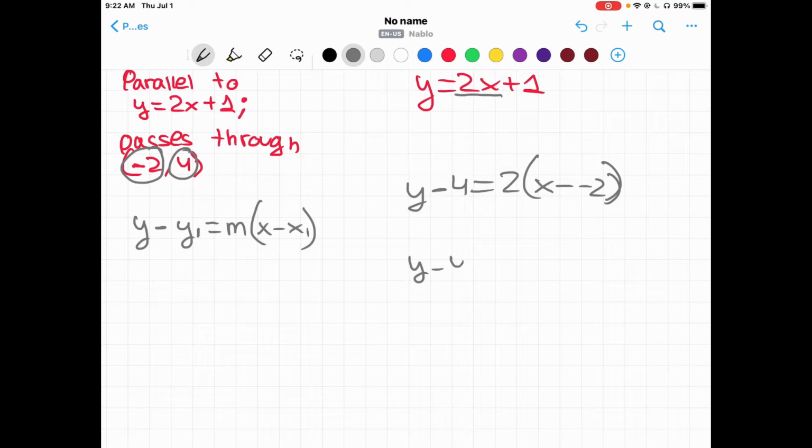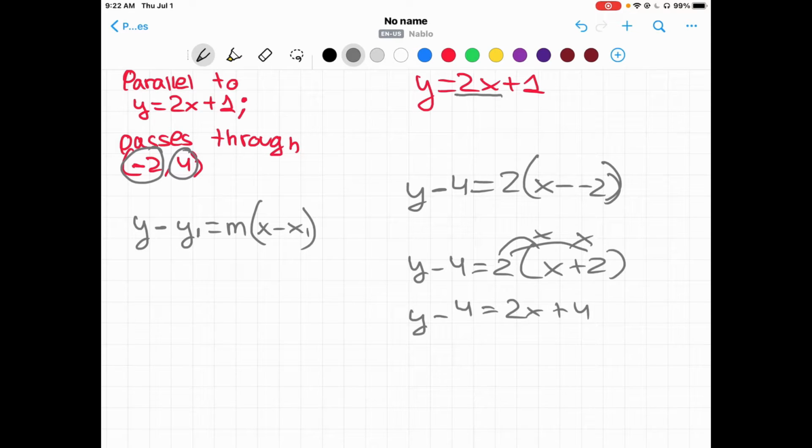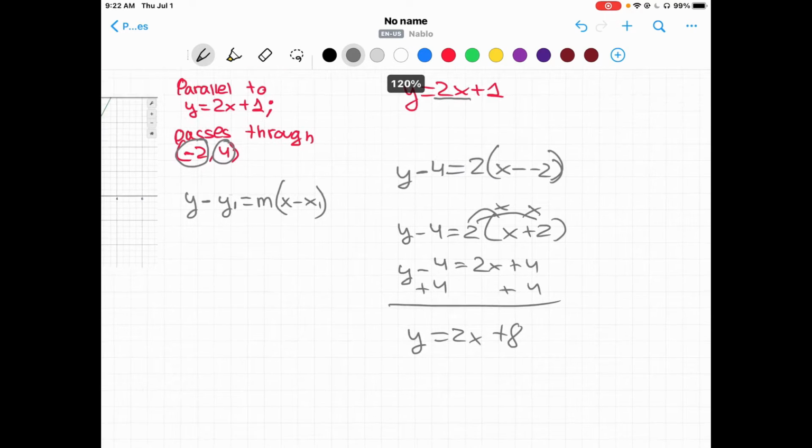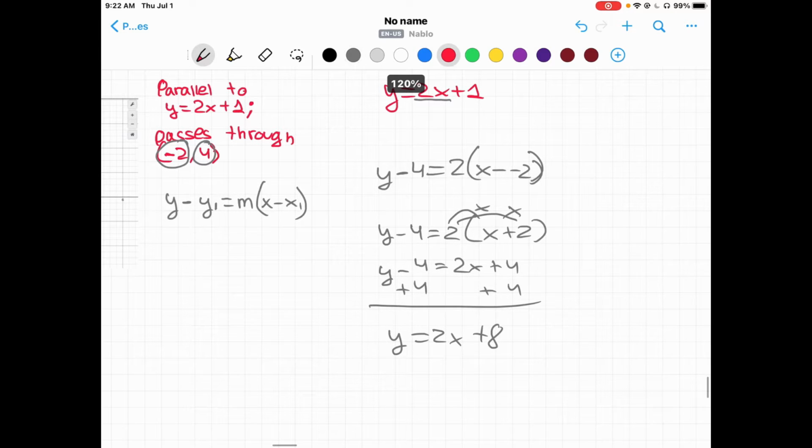So y minus 4 equals 2 times x plus 2, and then we distribute the 2. Y minus 4 equals 2x plus 4. We add 4 to both sides to isolate the y, and we end up with y equals 2x plus 8. As you can see, these two lines are parallel because they have the same slope